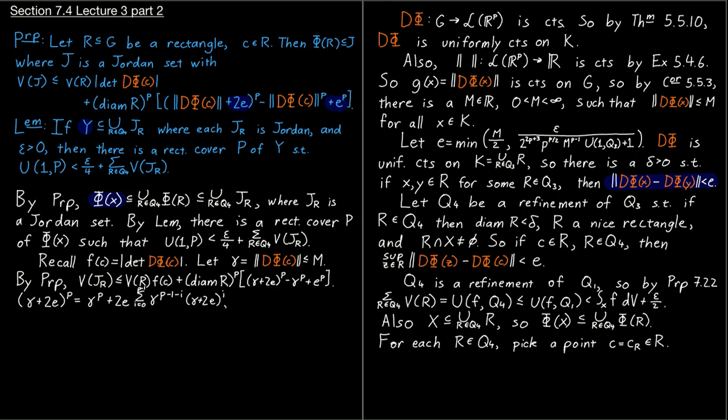So the thing in the brackets: subtract off a gamma to the p, add an e to the p. The gamma to the p terms are of course going to cancel. So we're left with 2e